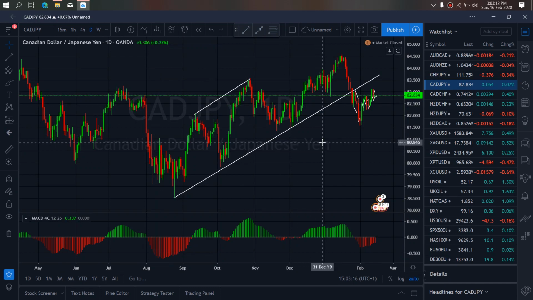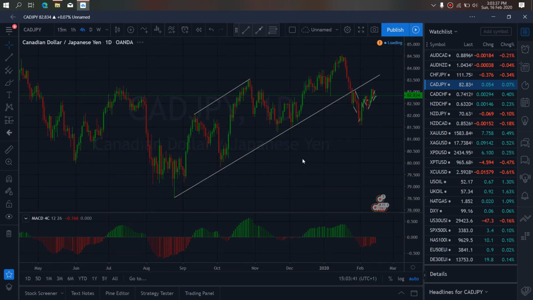On CAD yen for this week, CAD yen has been correcting this huge drop for the past 2 weeks. Right now I want to watch they can correct back to the trend line before they will drop back down for us, or they could start the dropping from here downside this week. So we want to look out for sell opportunity on CAD yen. So if we zoom to 4-hour time frame